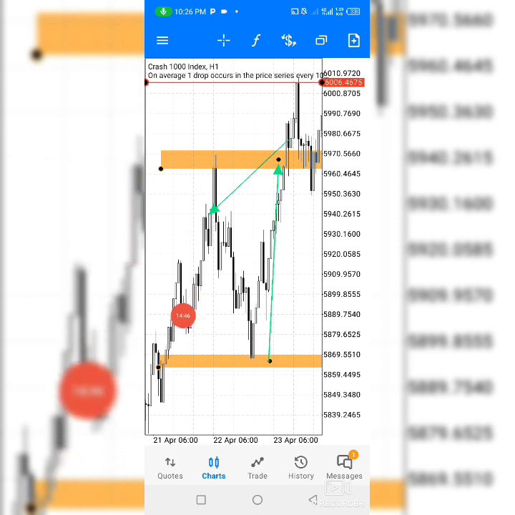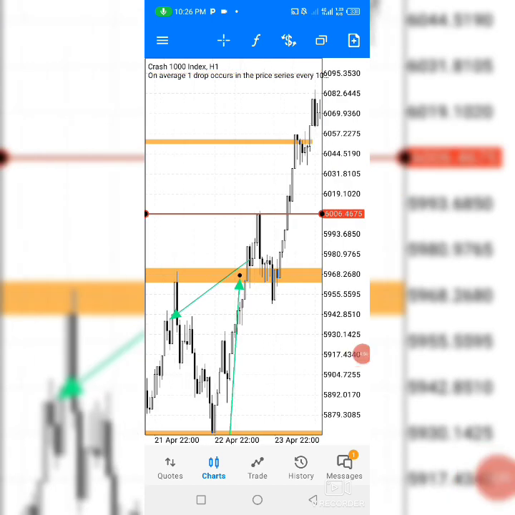You notice that this is what? Which pattern is this? It goes like this, comes like this. This is N structure. It's M. So this N structure was broken. It was broken and the retest was made. Now, how do we know the best way to enter? Because that N structure, that M structure, that W structure, those structures have to be broken. So it happened here.